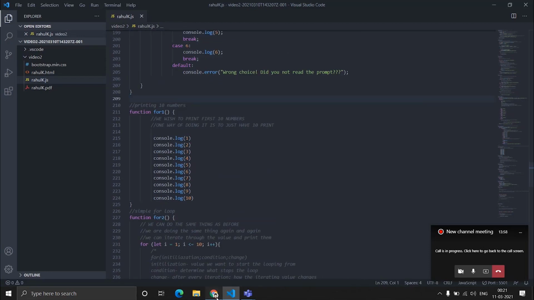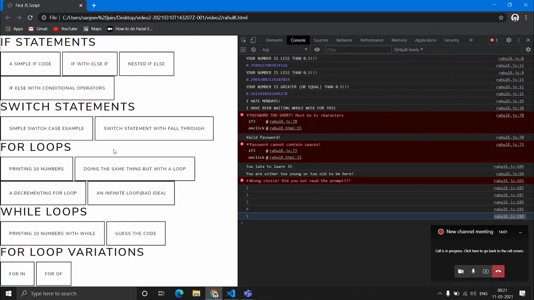Now, the thing that we'll be seeing are loops. So loops are basically to avoid the repetition of a logic. Like if I ask you to print numbers 1 to 10, instead of having 10 print statements, we can use a single loop which will automatically do the stuff for us. I'll show you an example.